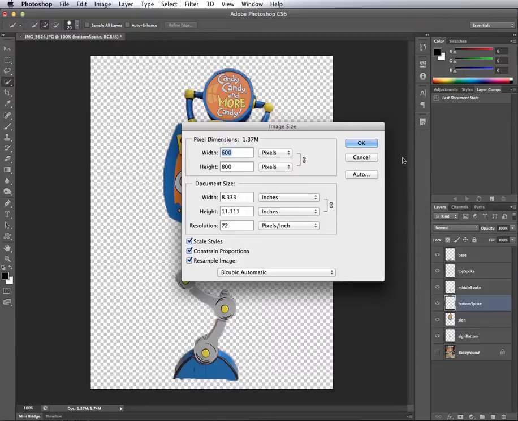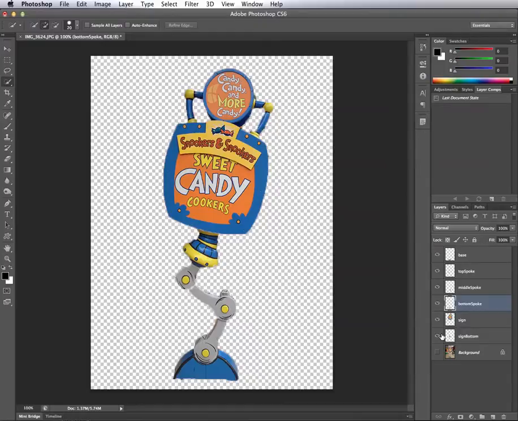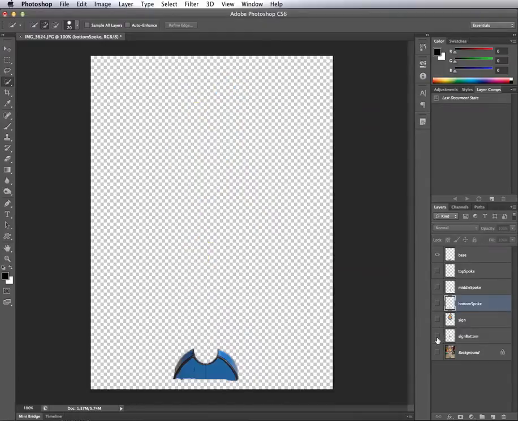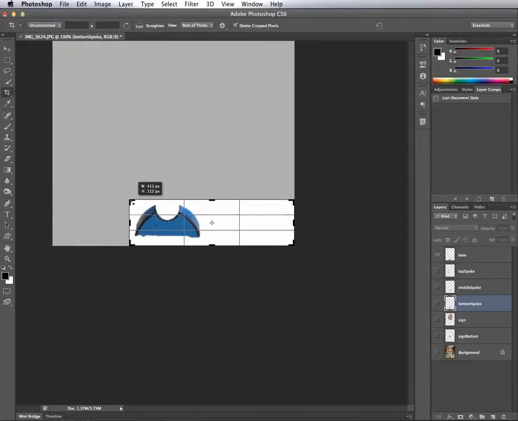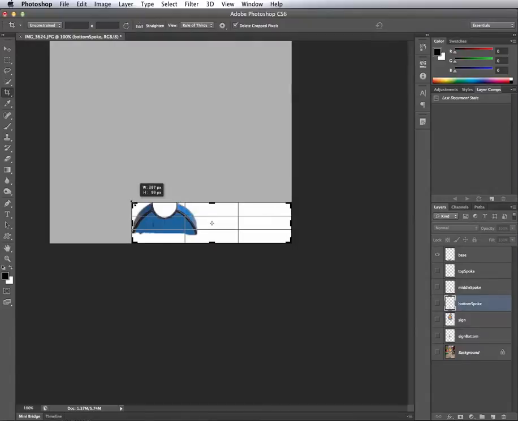You know, at least close to about what dimensions I want this to be, so I'm good. So what we'll do next then is we'll take each part, and there might be some faster way to do this, but this is probably how I would do it. What I'm going to do is grab the crop tool, and this is important. Sometimes I see people save out all these individual images as full-size images like that. That would be incorrect. What you want to do is crop the image as tightly as possible